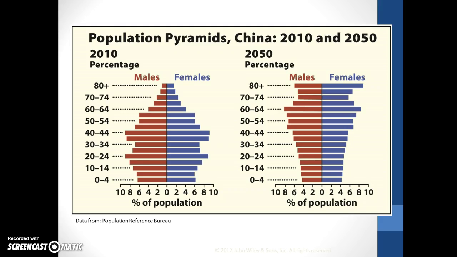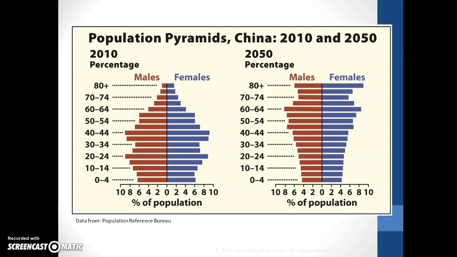What you also see as you look at the top of the pyramid, and you see this actually on both pyramids, is that more women live longer than men. And that's typical across pretty much every country. Women tend to live longer than men. Mostly because, don't take this the wrong way, guys, especially when you're younger, you tend to make not as many smart choices, for lack of a better term. You take more risks, and that results in a shorter overall life expectancy. And then as you get older, men are more likely to suffer from chronic diseases and things like that. And so they actually die off quickly at the other end of the scale as well.